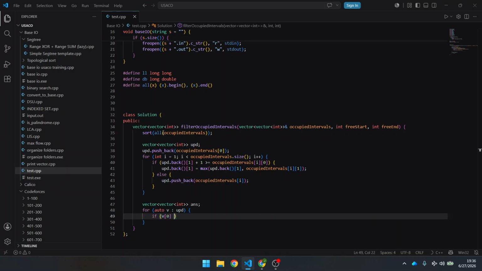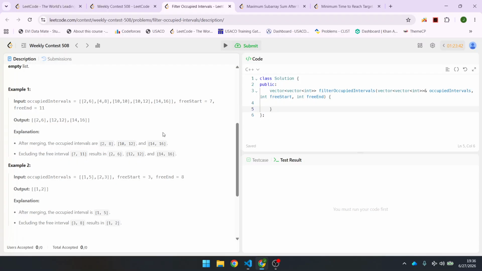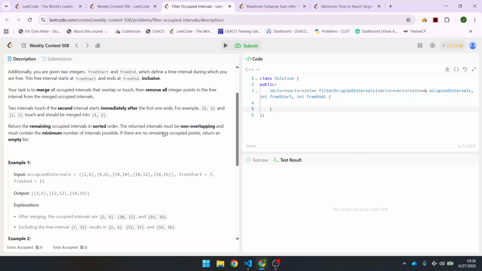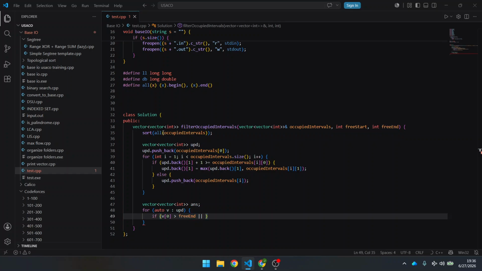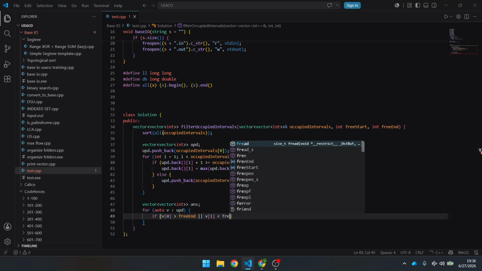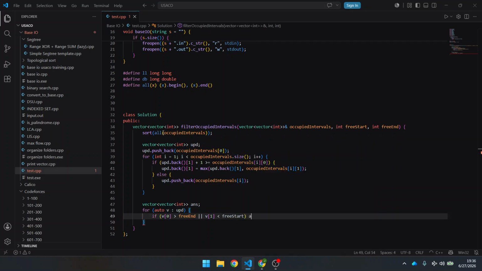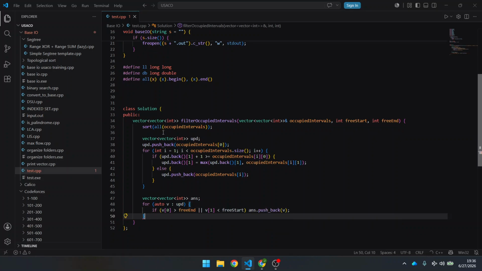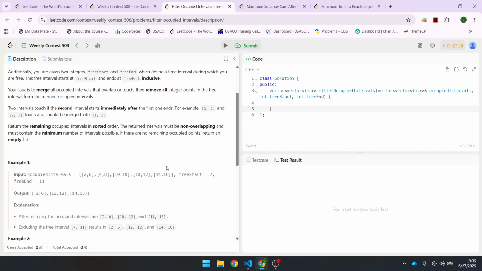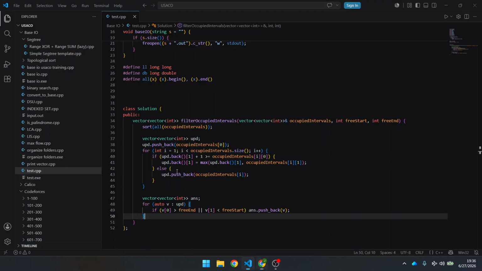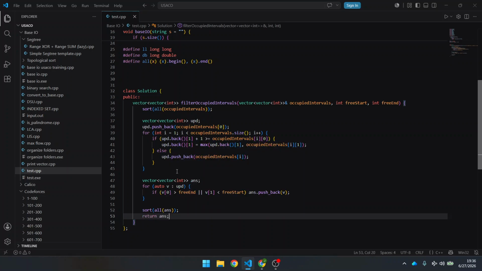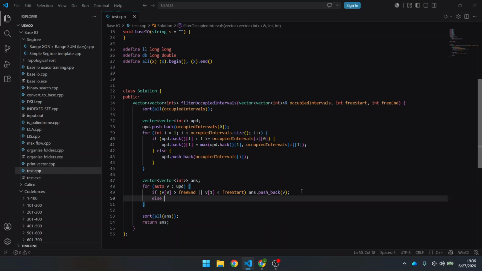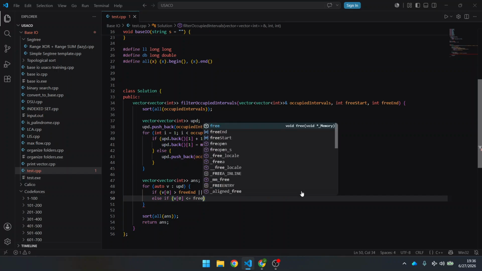If v0 is greater than free end inclusive, or v1 is less than free start, answer dot pushback v. Sort them. Return answer. Okay, else if v0 is less than or equal to free end,